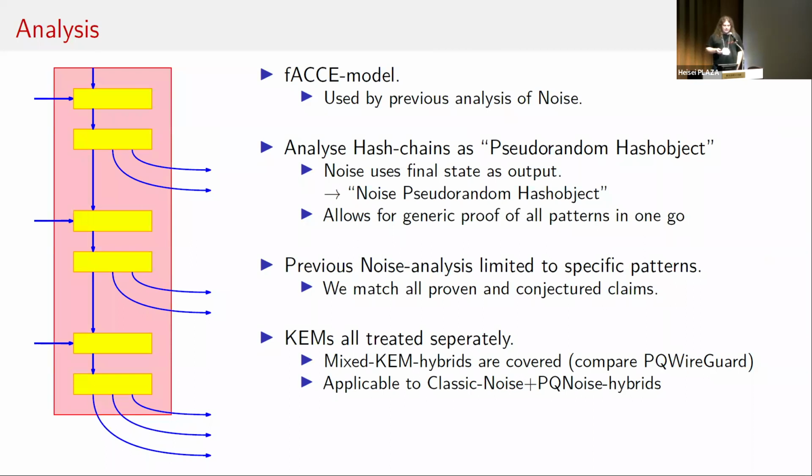So we were using the FACCE model because previous analysis of the Noise framework had used that, and it's kind of designed for Noise. It's specifically talking about the several stages in which the protocol advances and then specifies the security guarantees given. I think it's fair to say that many reviewers dislike this model. So anyways, in the end, we got accepted at CCS, despite it.